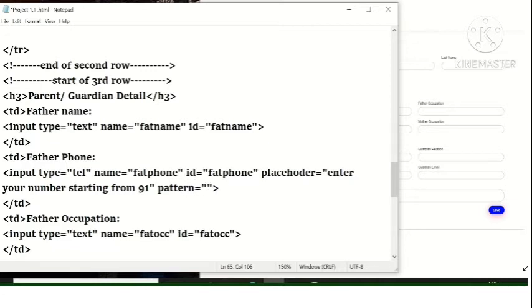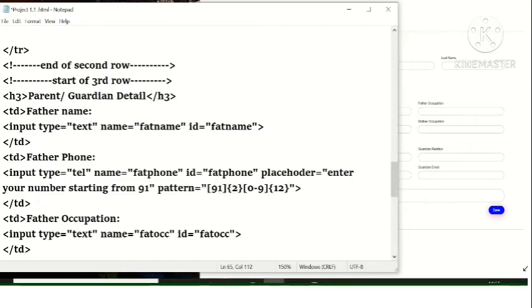Similarly, the postal codes and the country codes are also used in mobile numbers. So we can define that in the pattern attribute. For example, the digit is going to be 0 to 9 and the number of digits will be 12 in this case, right? So this is used to define the pattern of the number. Otherwise, the input will not be taken by this field. So it needs to be in this pattern.